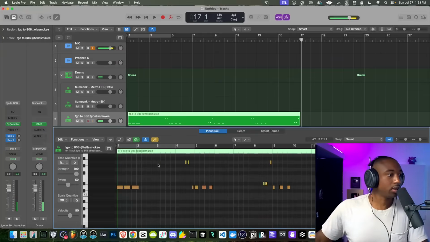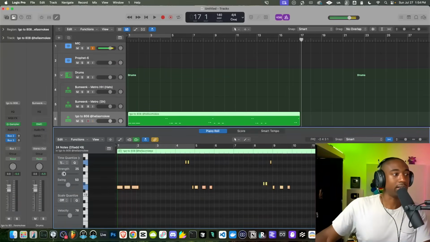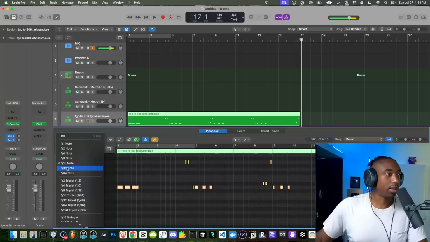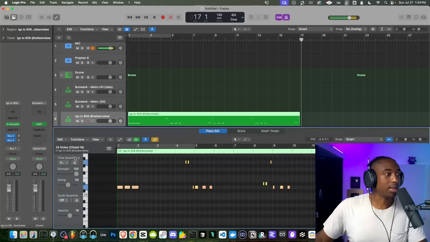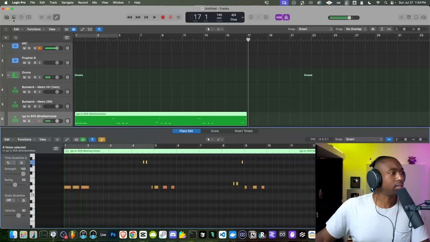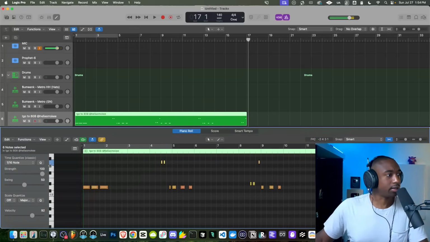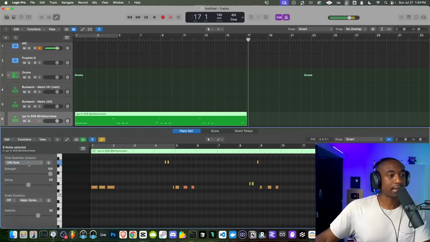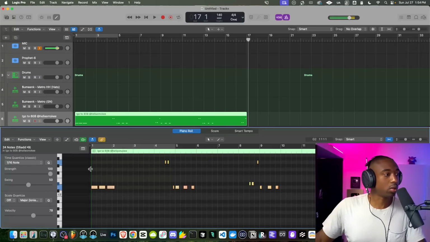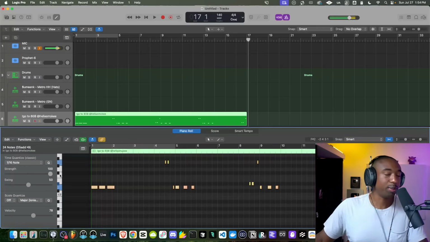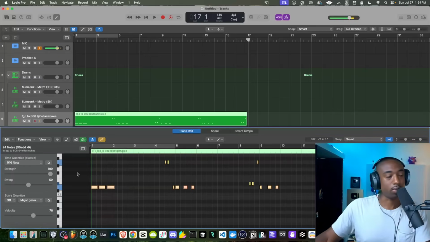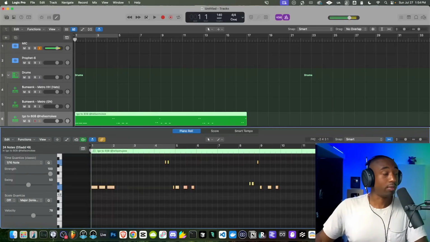We could just double click in here to pull up the MIDI window. Let's just hit Control A. My first thing I usually do is set a quantize amount. By default, I think mine's set to 1/16 under the quantize window. And let me get rid of this inspector so you guys can see. Here we go. So it's under 1/16. That's my usual quantize. Hit Control A. And I'll pull the strength up depending on what I'm building. Sometimes you don't want the strength at 100 because it'll take the life out of your MIDI.